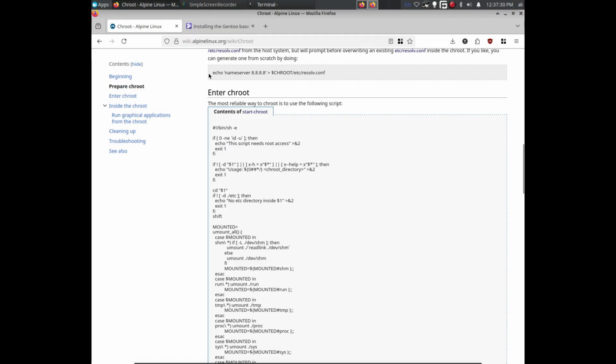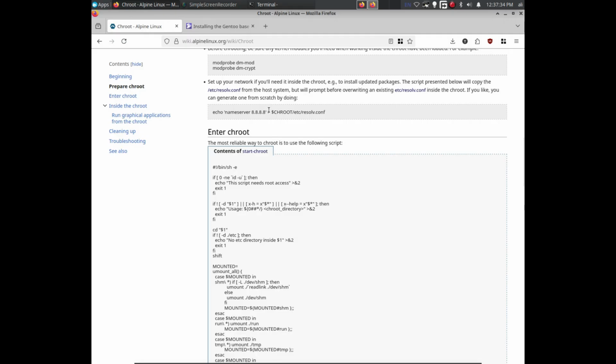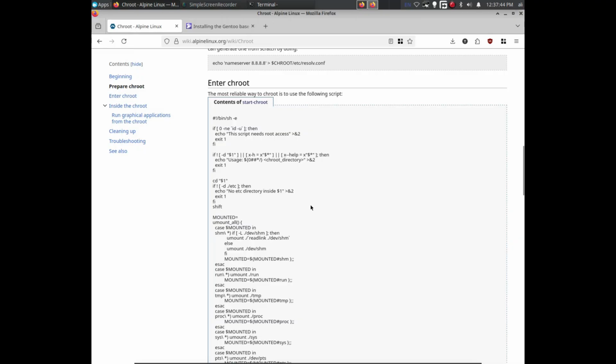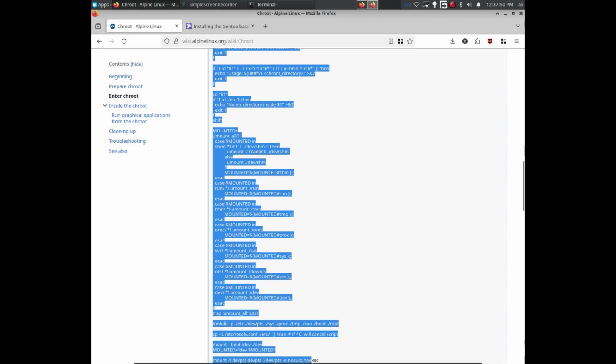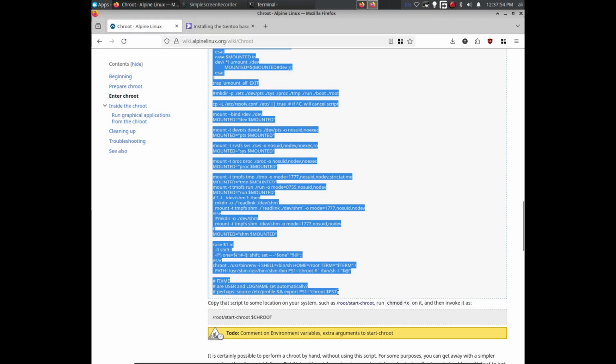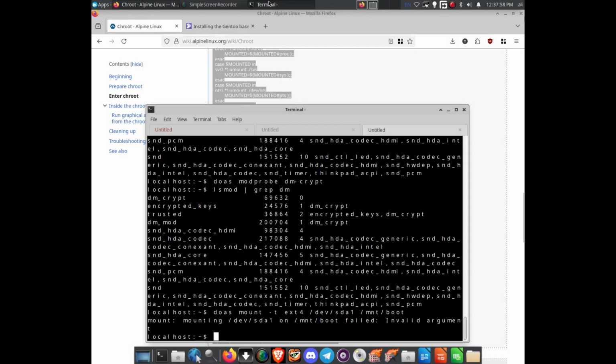We may need to configure our DNS configurations. In my case, I don't think I need it for now. In case I needed it later, we may need to do it. The next thing we need to do is to copy this script, which is responsible for the process of chrooting. We copy it, and then